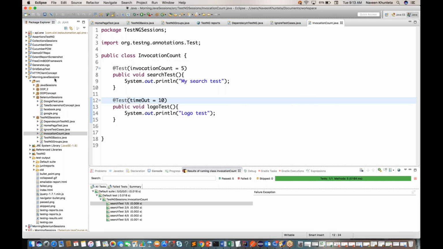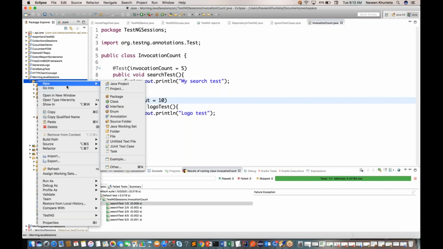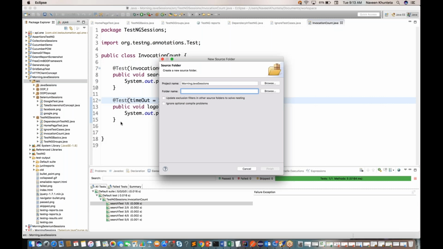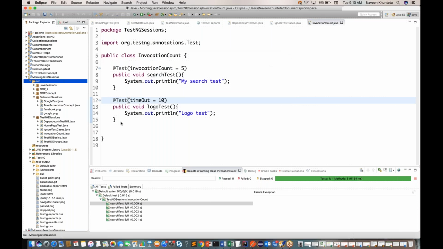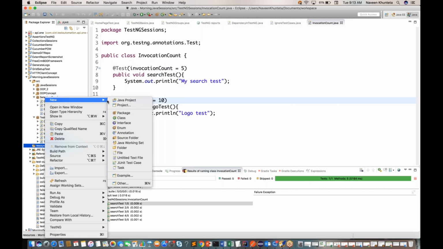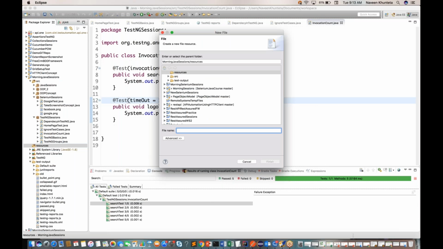Now we have one standard thing in TestNG. Always remember, guys. What I'll do is, inside src, I'll create one source folder. Let's say my source folder is resources. Under resources, I'm going to create a file. The file name is